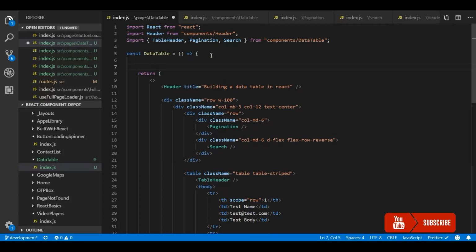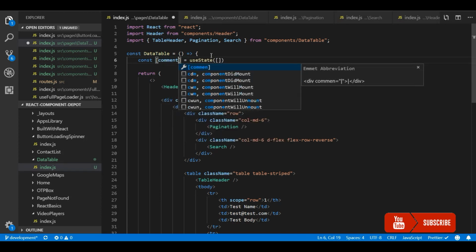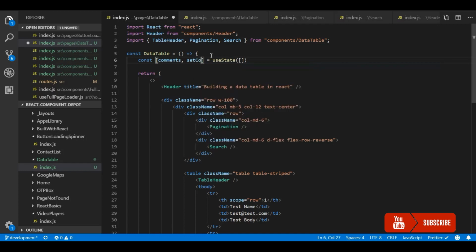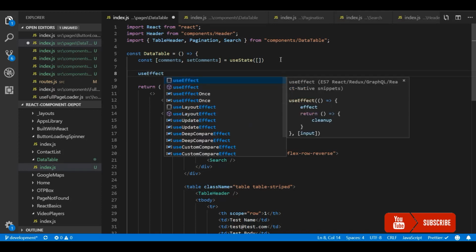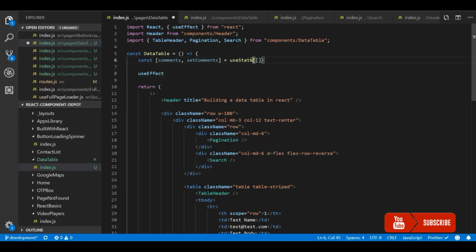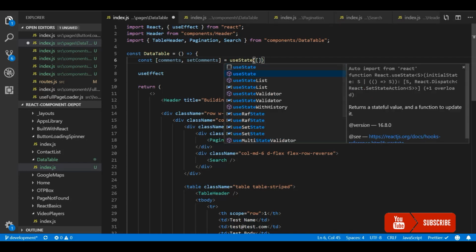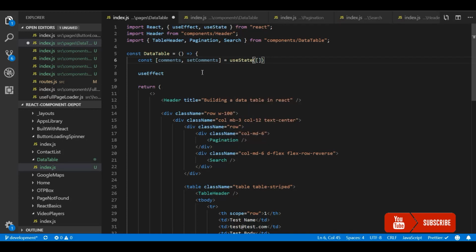Now let's first call an API to get the list of comments. I'm using a JSON placeholder API here, so it will return 500 comments. So we will apply all this search, pagination and sorting on these comments. For this, on page load, I will call useEffect that will run only once when you load the page. In this I will call the JSON placeholder API and update the comments in the state,